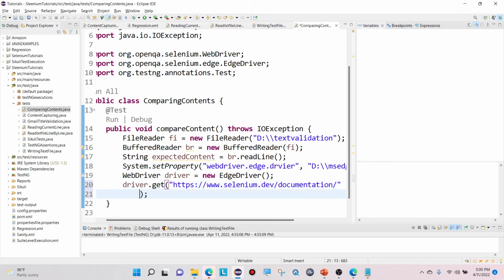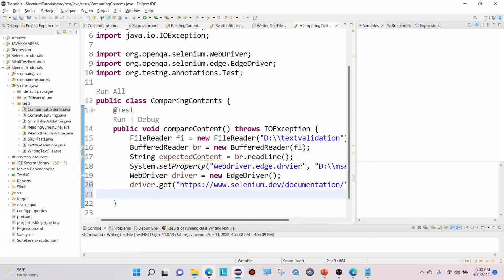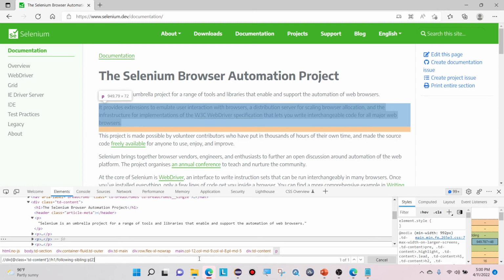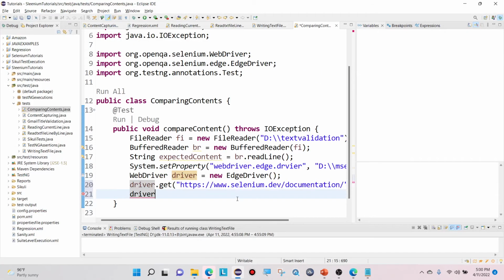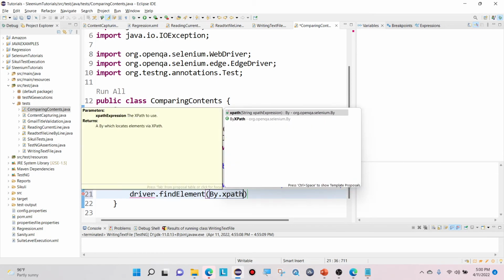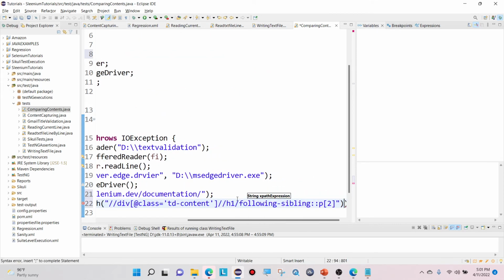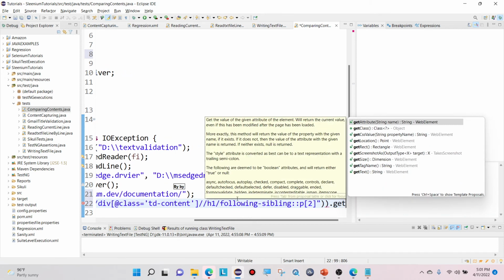Okay, once it is done, we are able to launch our URL. So what is our next step? Here I want to mention the XPath for this particular paragraph. This is my XPath: driver dot find element by dot XPath of, so what is my XPath here? With the help of the dot get text method, we can easily get the text